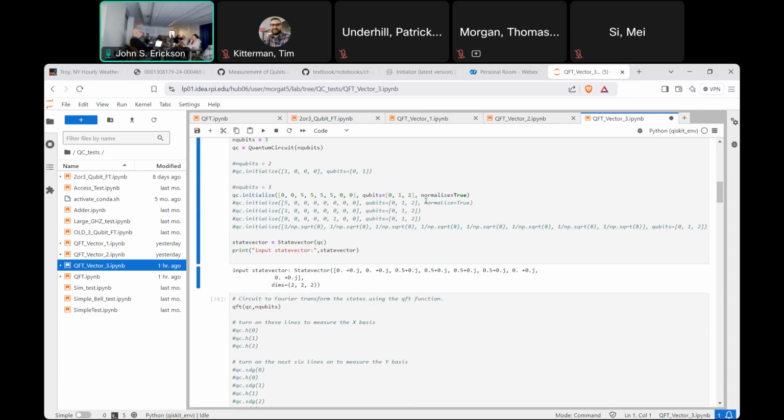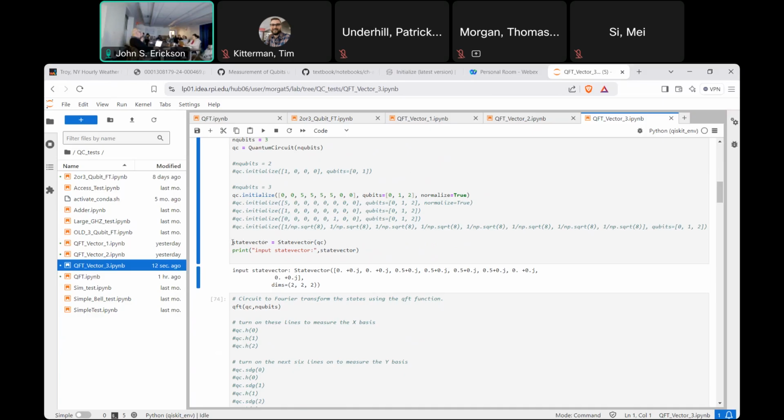See the 5s there, and here the normalize equals true, and this is telling you qubits 0, 0, 1, 2. Okay, and so this gives you the ability, say you had 6 qubits, you could do a different initialization. Apparently, I haven't tried it, but apparently that's what you can do. And then here's a state vector